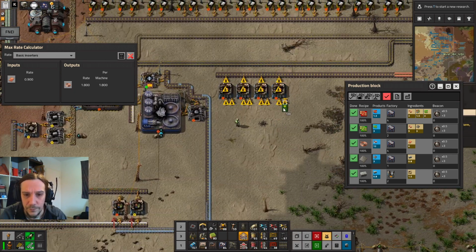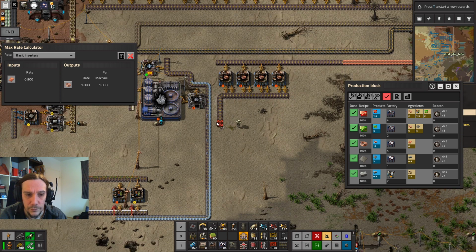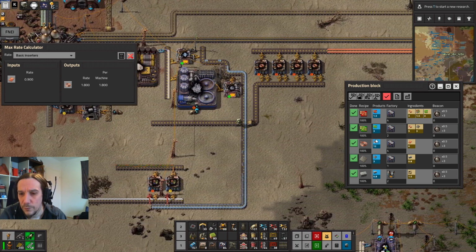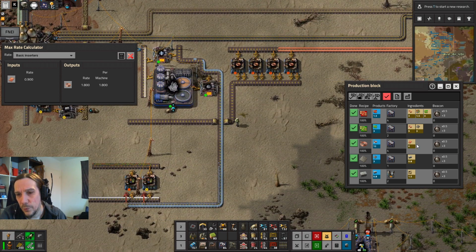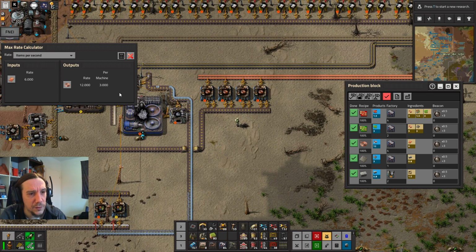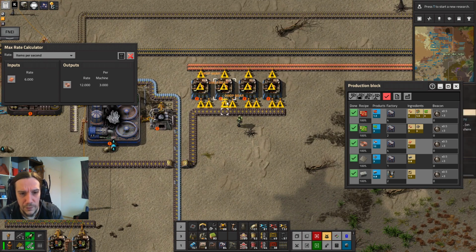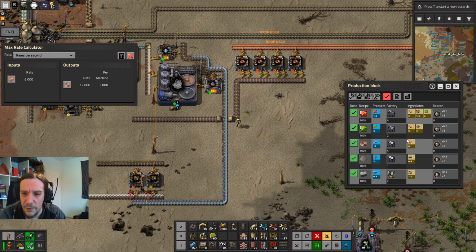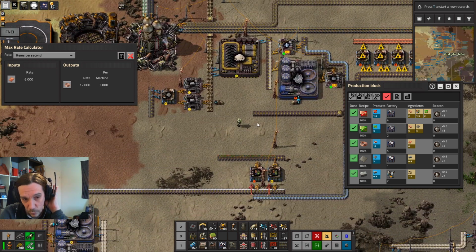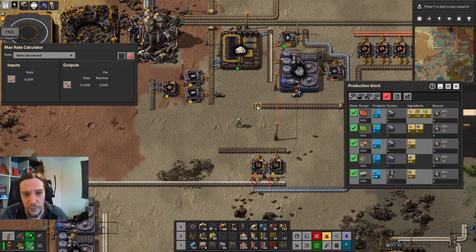So copper cables. So we will be, are these 12 on this array? Yeah. So we're gonna need this like that, otherwise it will be bad. So this belt will be providing the reds as well as the greens. So we have to,